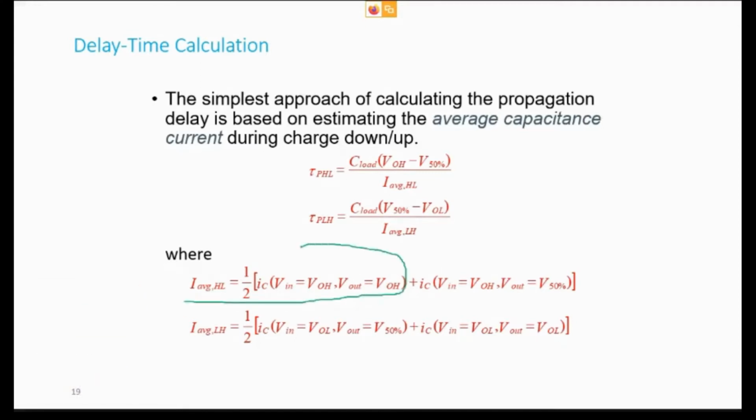So the assumption we are making is in calculating from the starting point. When your Vin is equal to VOH and Vout is equal to VOH, this is your starting point. And when Vin is equal to this and Vout is equal to V50%. Now some of you may ask, sir, why is Vin equal to VOH here and also VOH here, while your Vout is falling from this? In the beginning,